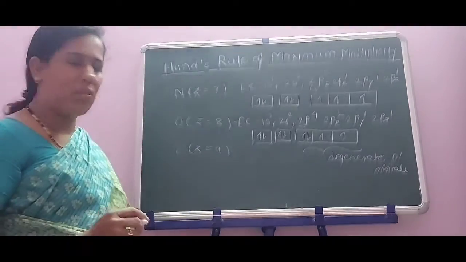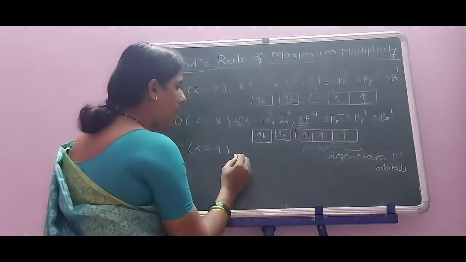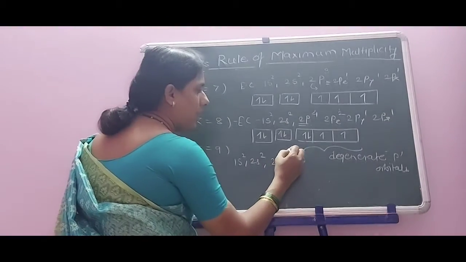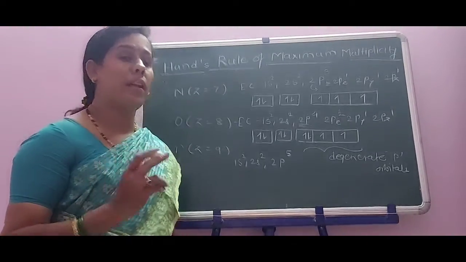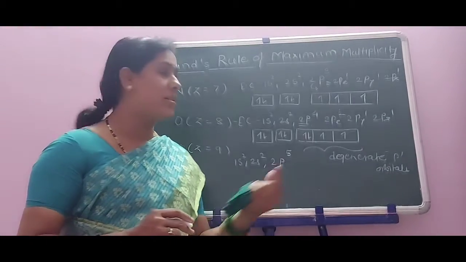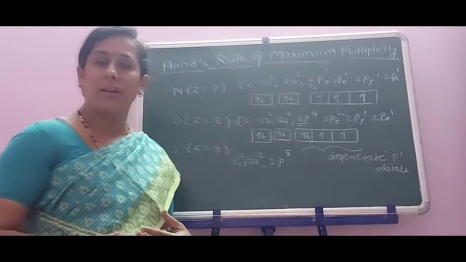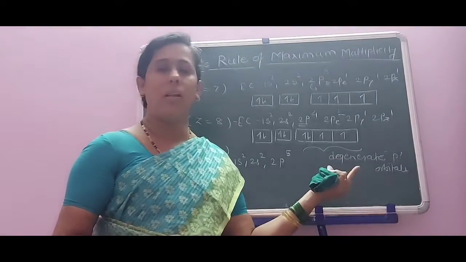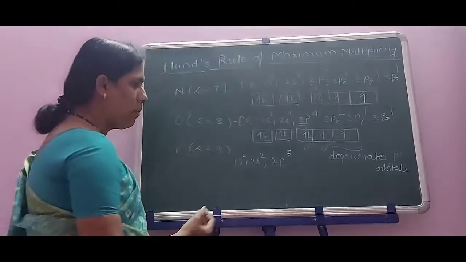What is the remaining electronic configuration? For F, Z is equal to 9, you just have to add 2py2. That is 1s2, 2s2, 2p5. Just keep in mind that the filling of electrons in each subshell of p orbital, taking electrons with 3 orbitals of 3 subshells, can take 6 electrons. Whatever orbitals are available, each orbital can accommodate only 2 electrons according to Pauli's exclusion principle.